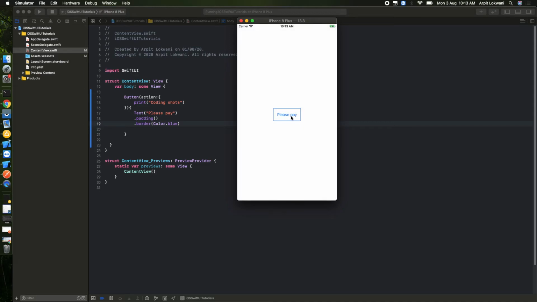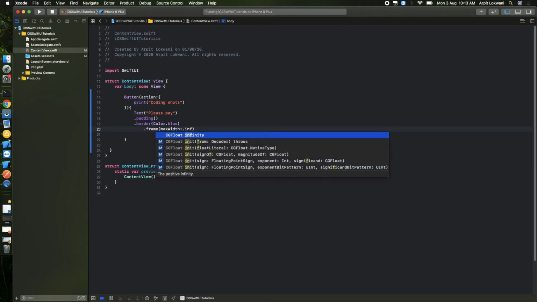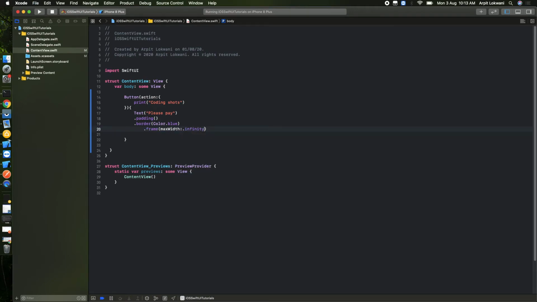This much it is, right? If I want to use the total width and set the button according to that, what can we do? Similarly, simple, nothing. We can say frame and then max width should be dot infinity. Fine. We can run it and align this also.